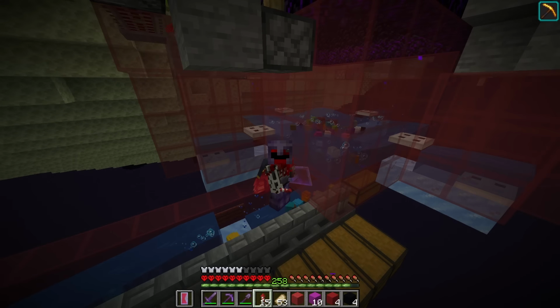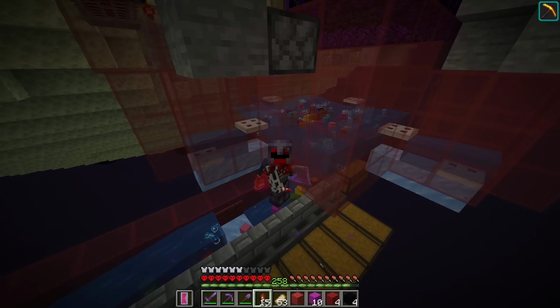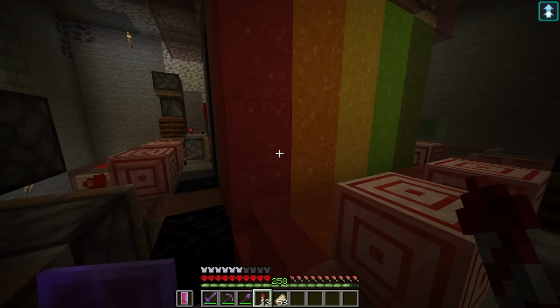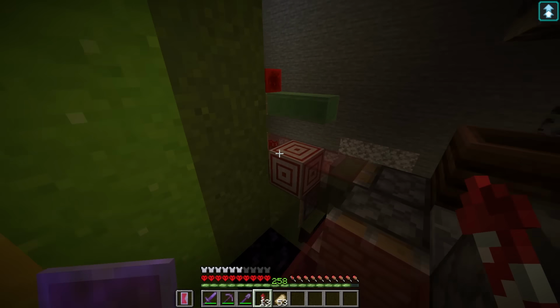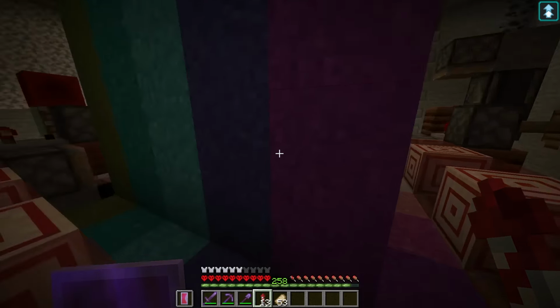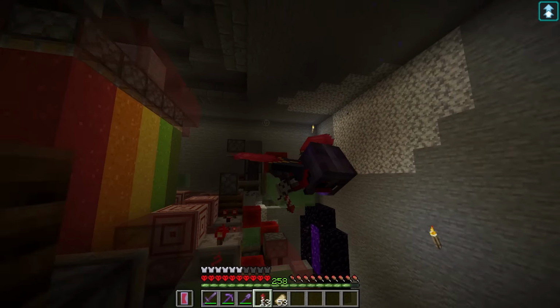Now, how long do you think it would take to get 300,000 gray concrete? It would take 25 hours. I built this farm with each type of concrete, which is all 16 colors, because in 99% of situations, this will be enough to get whatever type of concrete I need. And unfortunately, we are in that 1% of time where I need a whole lot of one